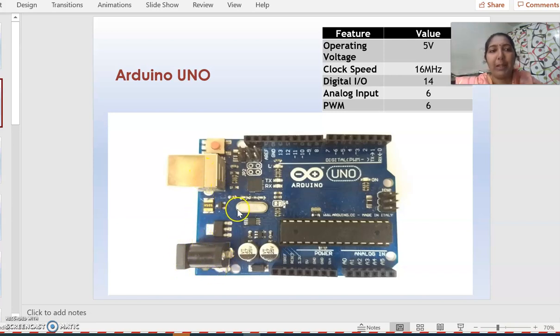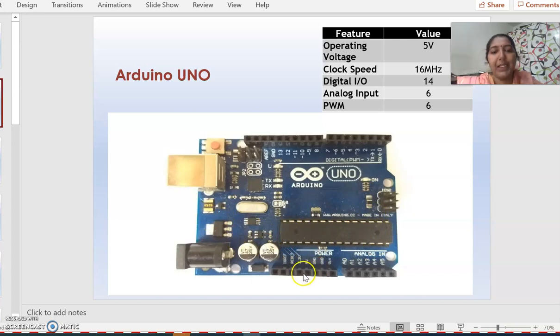And the next most important part of this Arduino Uno board is this one. This is a crystal oscillator, which is responsible for generating the clock signal, and based on this clock signal we can calculate the time. Here this crystal oscillator gives the clock signal at a speed of 16 megahertz, so it generates the clock signal with a frequency of 16 megahertz. And this clock signal can be applied to various electronic components in this Arduino Uno board.